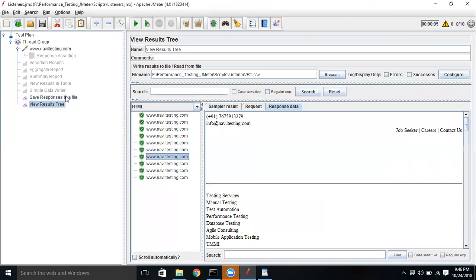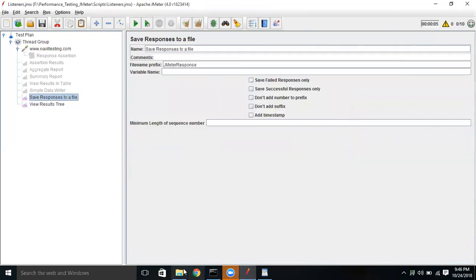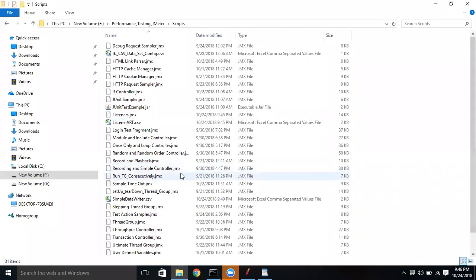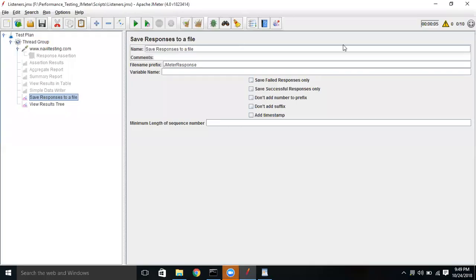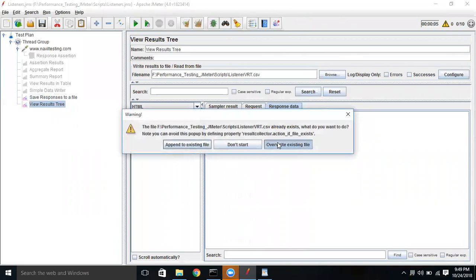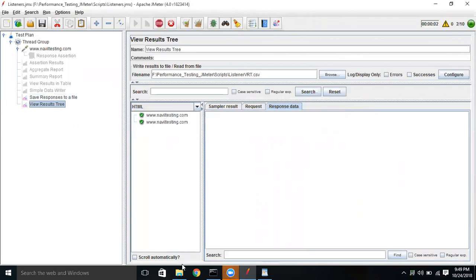Now, yeah, we need to provide the path here. Now let's go and execute it again. You can override the existing file. Now if you go here,